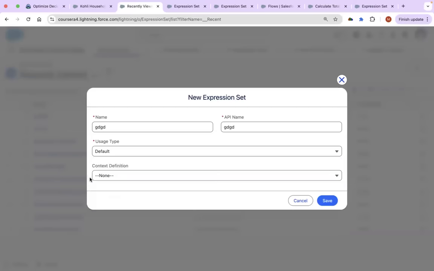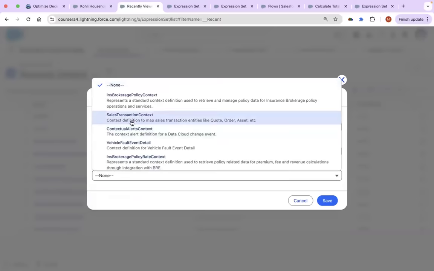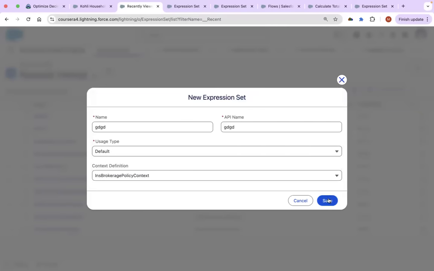What I was telling you earlier is the context definition. Context definition is something which Salesforce has already created, and all the associated variables and everything will already be created in your canvas for you. So if I select, let's say, the brokerage policy context, it represents a standard context definition used to retrieve and manage policy data. So if you select this and click on save,